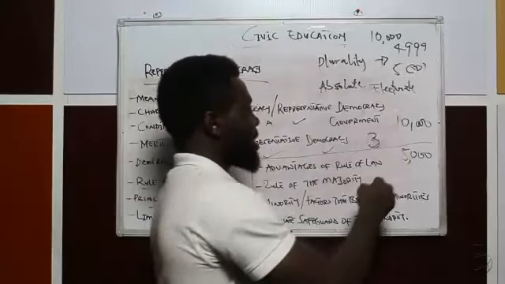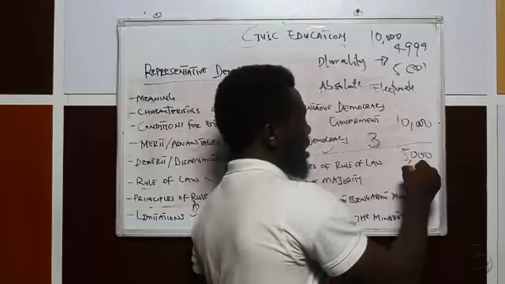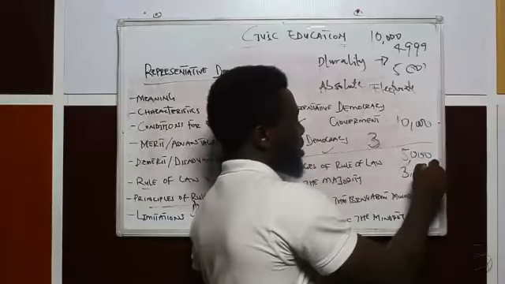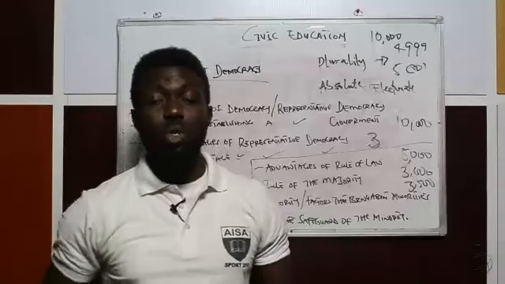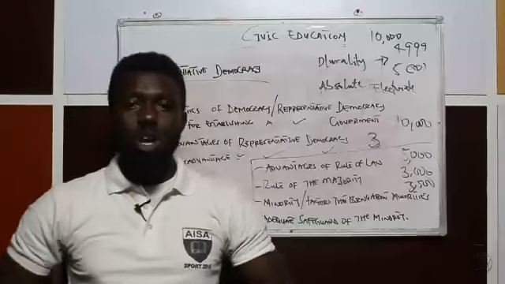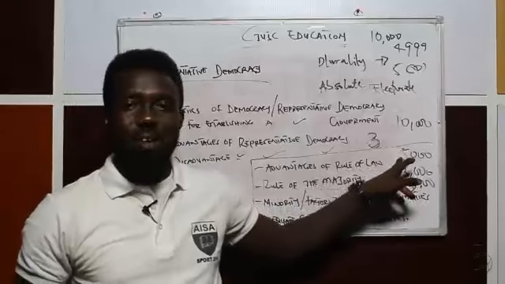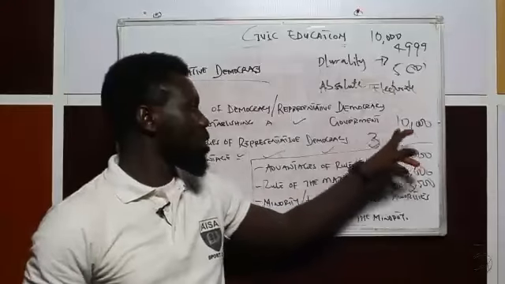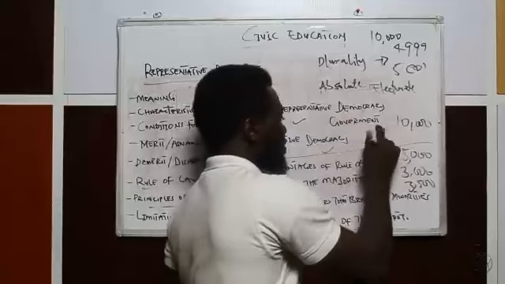If you have 3 candidates and, say, one has 3,000 and the rest have 3,500 votes, you still don't have a winner. Whoever is going to emerge as the winner must have at least 5,000 votes, which is 50% of 10,000 voters. Even if it's just 2 candidates.